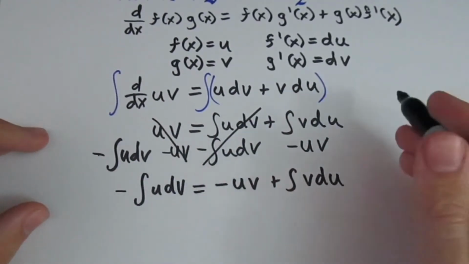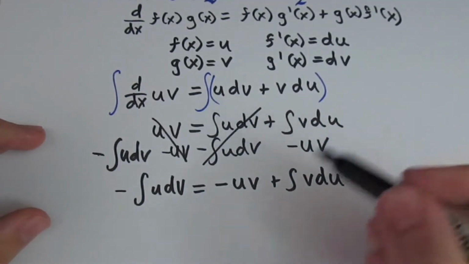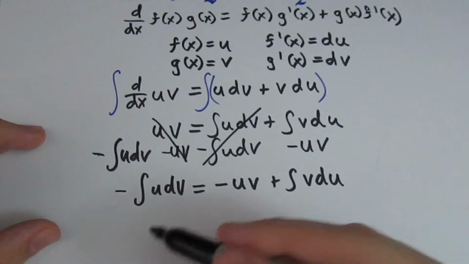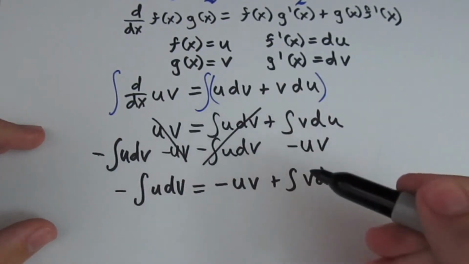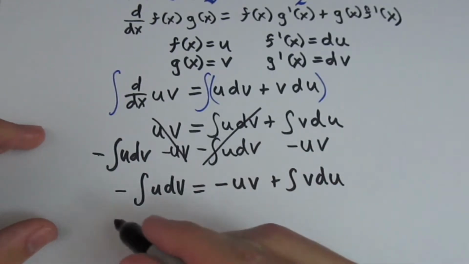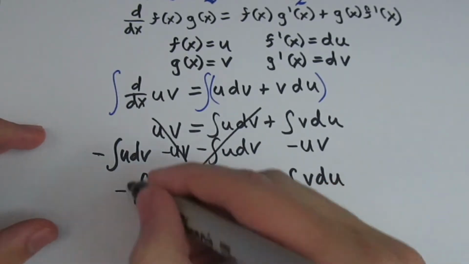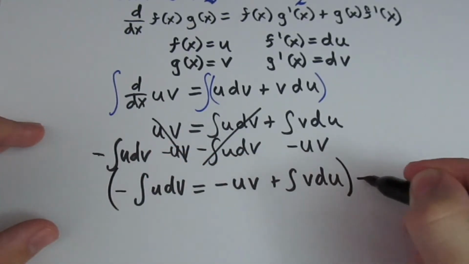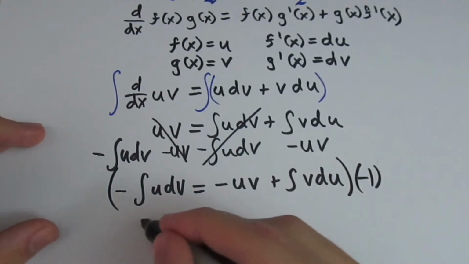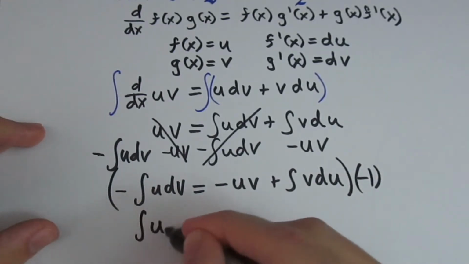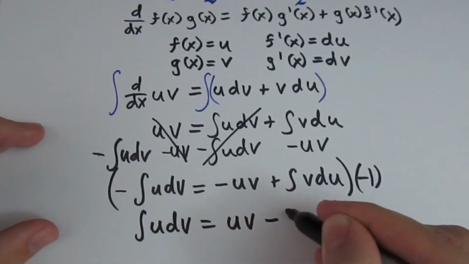You'll find in a lot of calculus that you're doing a lot of algebra and trig and little calculus in the long run. So that's why a good foundation of both algebra and trig is very vital if you are taking calculus. To get rid of these negative signs, I'm just going to multiply everything by negative 1. And so I have the integral of u dv equals positive uv minus the integral